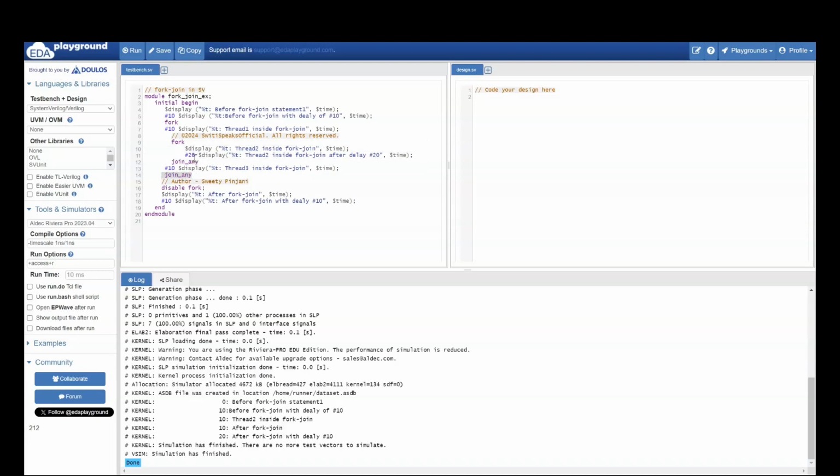It means you are going to come out of this at a delay of 0. Overall this fork join any is executing at a delay of 0. Only this one statement will execute and it will come out. So if you see, only one statement got executed at 10 and it came out. And then these two statements got executed. Now,